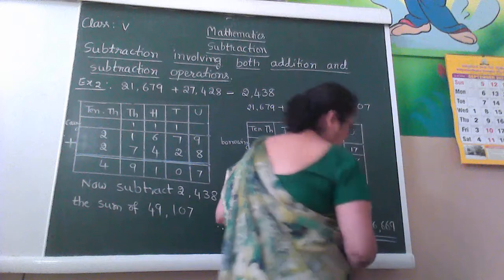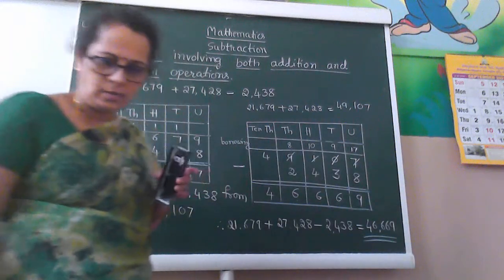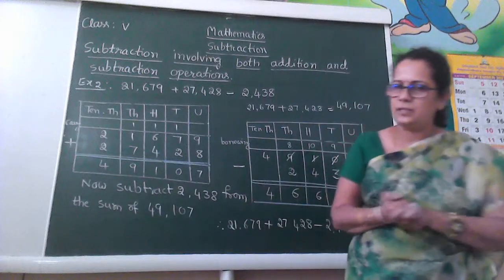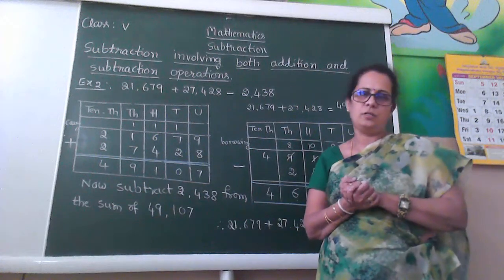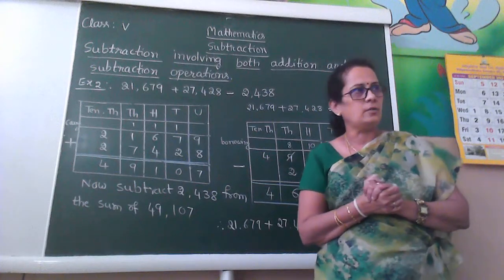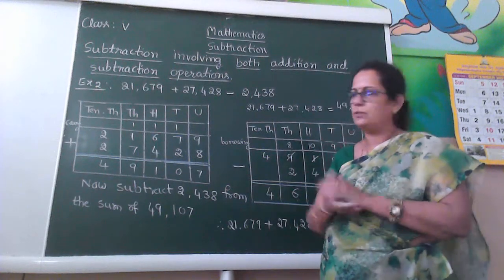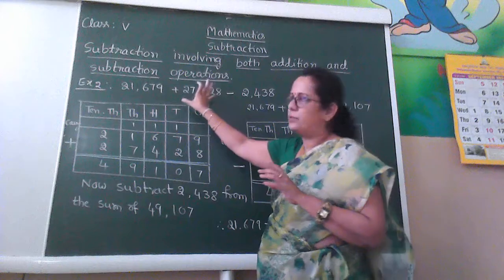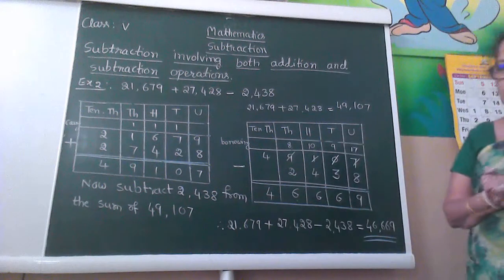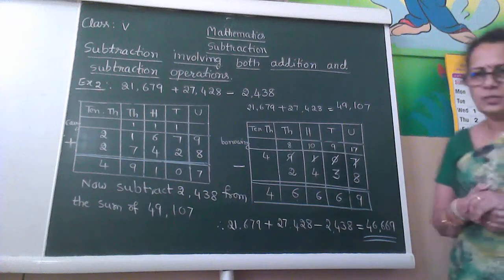Okay, I did 2 sums, isn't it? So at home, you copy this in your notebook also. Try to learn it. Any doubt, you can call me children. So when they give both, first you add it, then you subtract it. Okay, got it? Copy this in your notes.